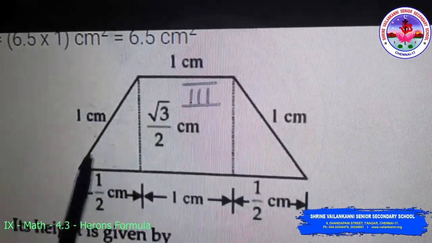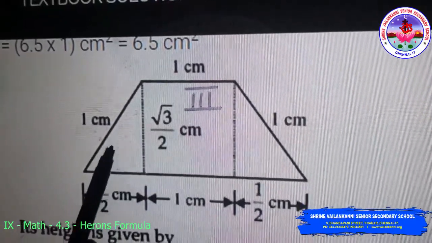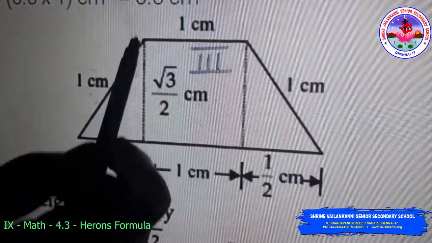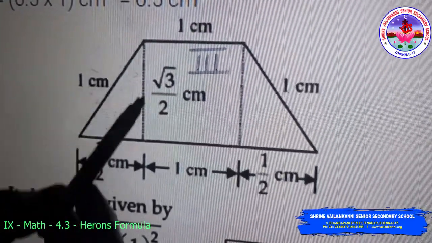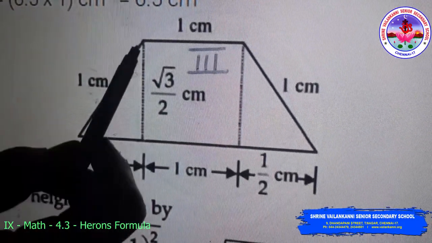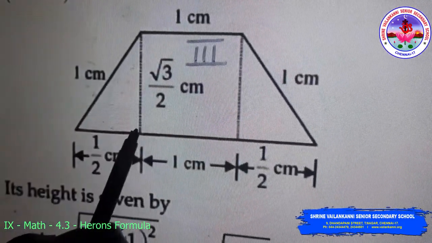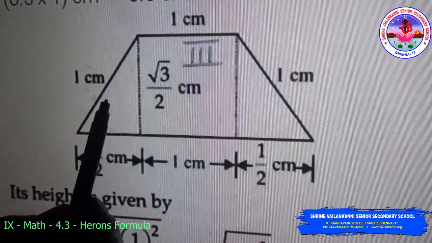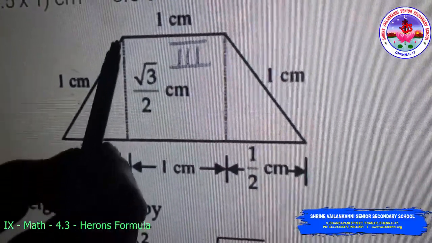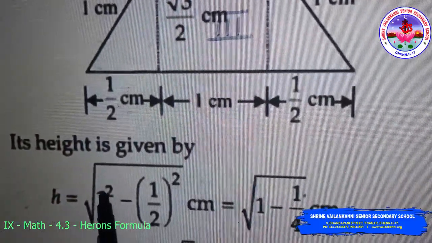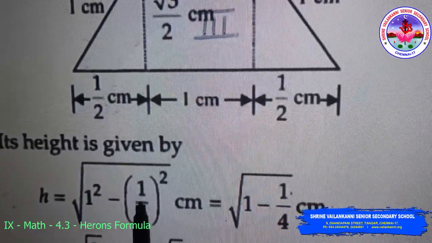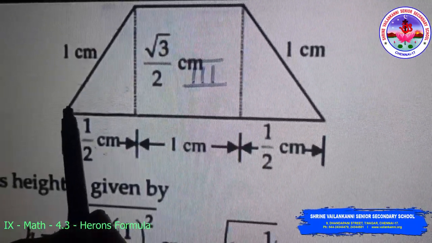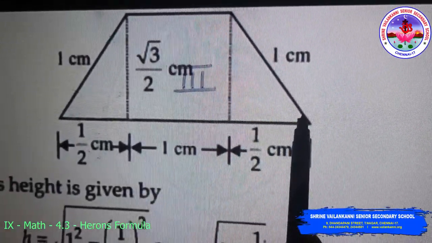Third part, to find the area of the trapezium. The area of the trapezium is equal to half into the sum of its parallel sides into height. So we need to find the height of the trapezium. In this, we are going to take this triangle to find the height. Since this is a right angle triangle, I am going to use the Pythagoras property. Height is the square root of hypotenuse square minus adjacent square, where we need to find the length of the adjacent side. See, this entire length will be 2 centimeter.